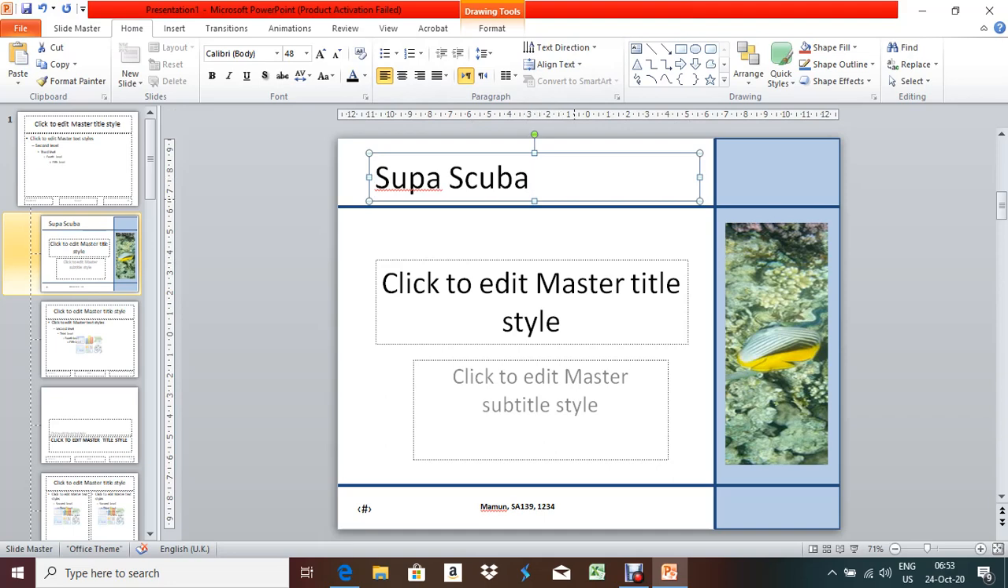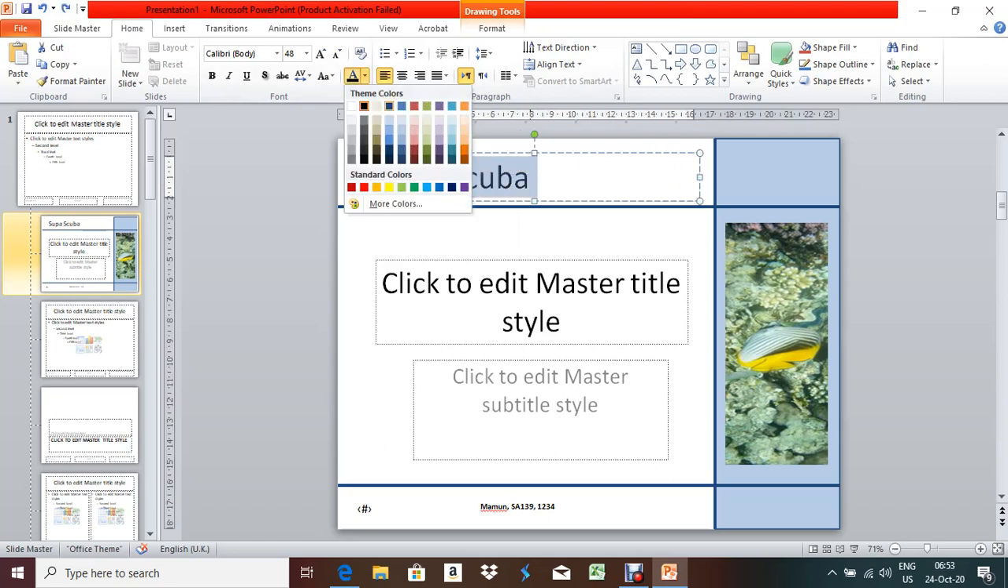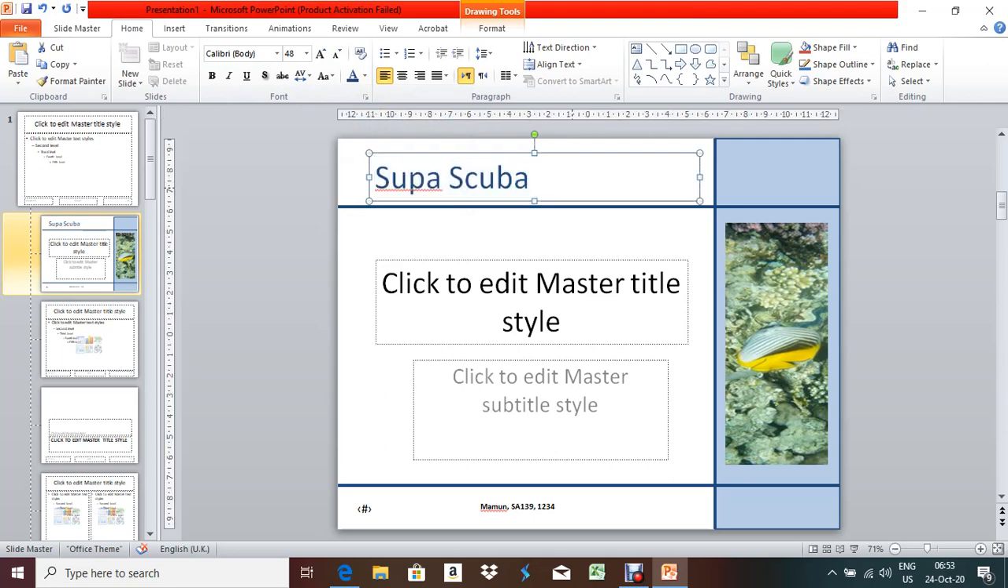Okay, and it is not overlapping with any line, so it should be dark blue. This one, yeah, it is dark blue. Now next,